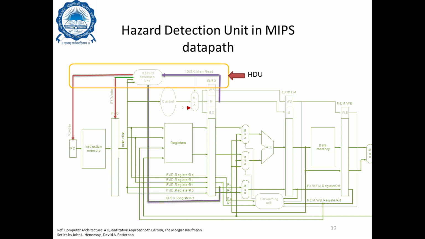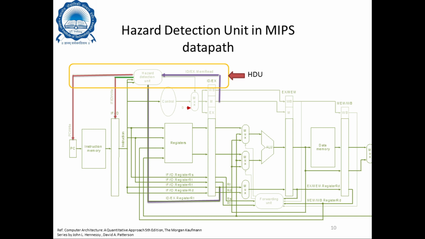Now why this is happening is because if the instruction in the ID stage is stalled, then the instruction in the IF stage must also be stalled. Otherwise you would lose the fetched instruction, isn't it? Because if you are stalling an instruction in the ID stage, then obviously the instruction in the IF stage must also be stalled or stopped temporarily. Preventing these two instructions from making progress is simply accomplished by preventing the PC register and the IF/ID pipeline register from changing. So we have these output signals from the HDU that control the PC and the IF/ID, because these signals tell the PC register and the IF/ID pipeline register to not change their values.